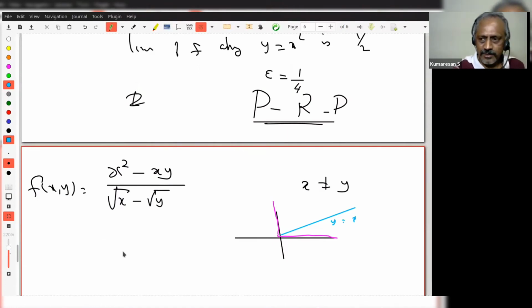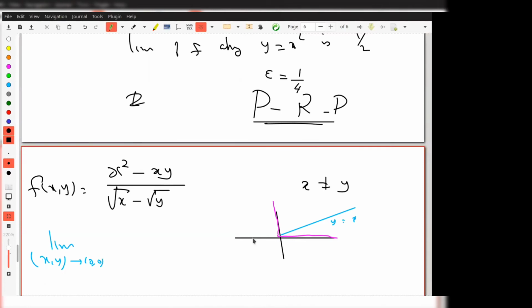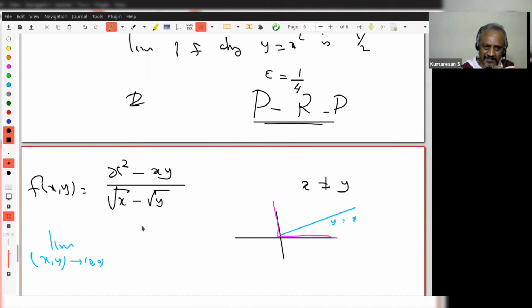Now, I want to go to the limit. So suppose I want to talk about the limit as (x, y) goes to (0, 0). What should be your first impulse? How will you solve this problem? If you have already done this in your calculus course, then I will be at a loss, but you should learn. What should be the trick? This is from your high school. Whenever there is a fraction, clear up the fraction by taking the common denominator. Rationalize, right? You multiply both the numerator and denominator by root x plus root y, and so on. You understand? So these are a few tricks.